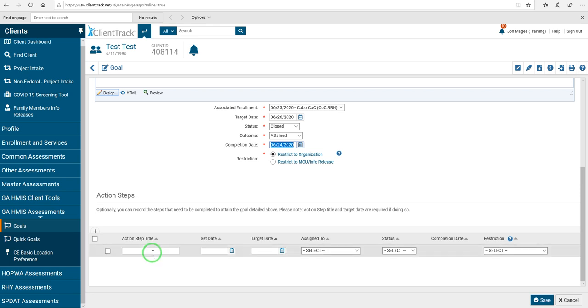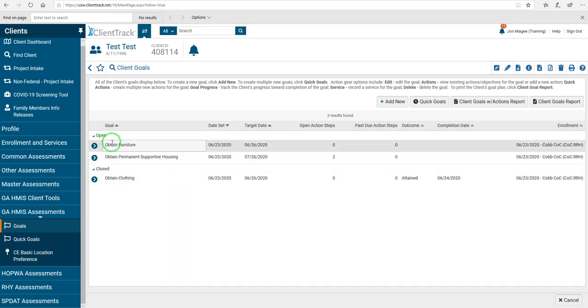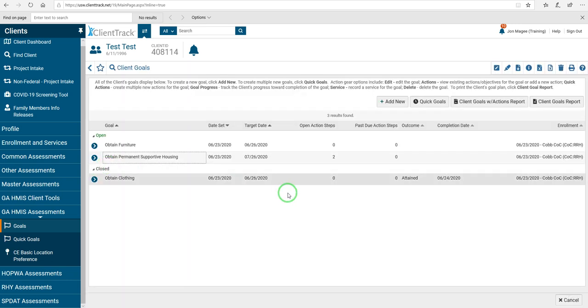If we'd had any action steps, we could have gone in and closed those out as well with the status. Actually, let's go ahead and let's save that real quick. So we kind of closed out that goal. Now we can see the goals are separated, right? We've got our two open goals here, and then we've got our closed goal. Let's go in here so we can see there's two open action steps. If we wanted to go in here,